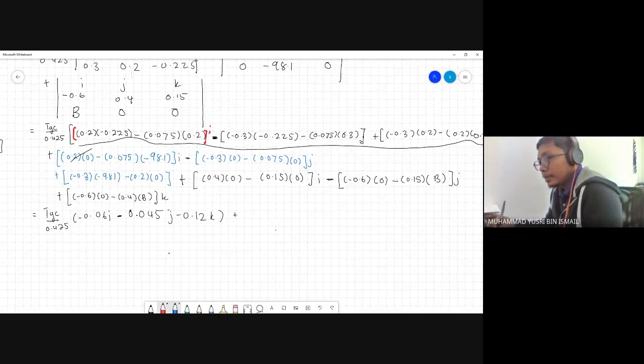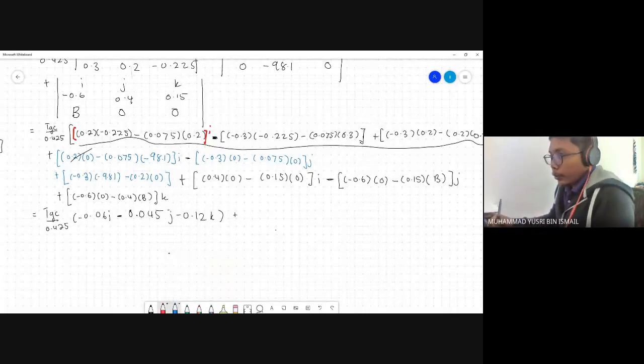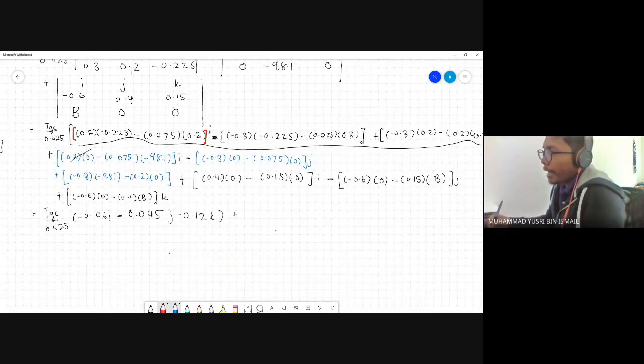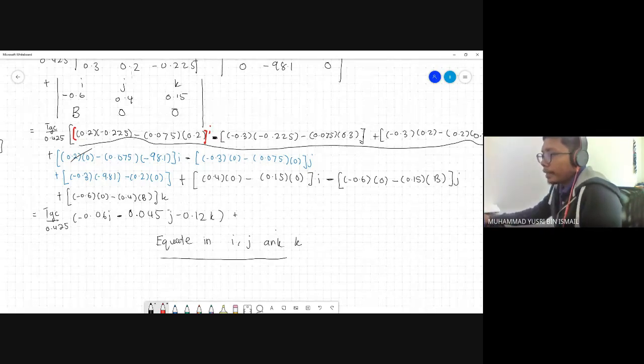Okay, after this, once you have this kind of equation, so you will have I, J, and K. So what you need to do after this is equate. Okay, equate in I, J, and K, and then get the value for